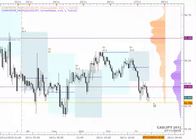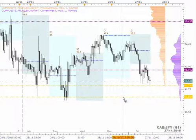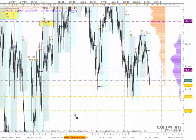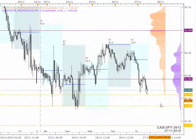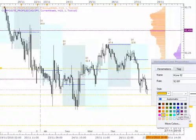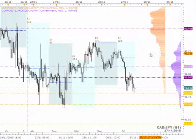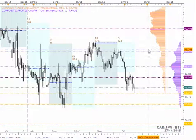So we're right now at a level where, if we break below last week's volume profile, whether that happens today or at the start of next week, and we get below 91.66, then I'd look for price to come further down to about 91.45. If this holds, if we can't get below last week's low, then look for this week's volume profile to be where price may come back to. And if we get beyond that, then you want to look up to this level here, which is another